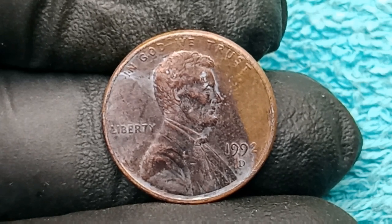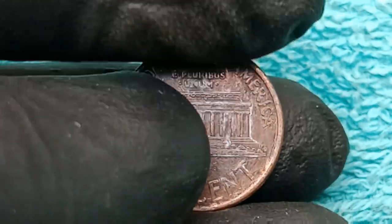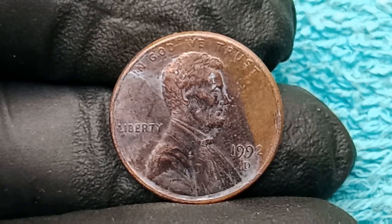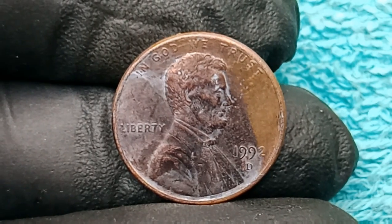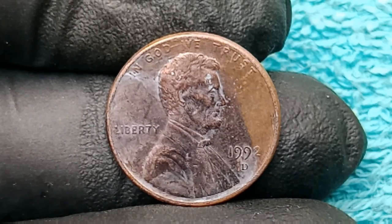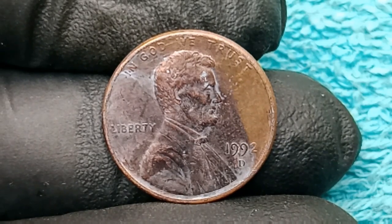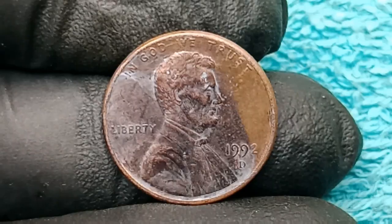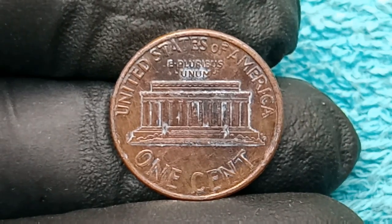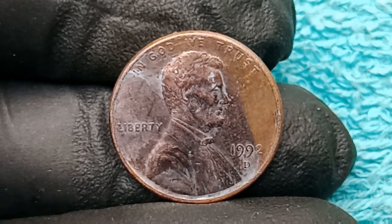processes, machinery adjustments, and die changes that sometimes led to small oversights or inconsistencies that most people would never notice but that a trained eye can recognize as a life-changing discovery. And in 1992, one of the most significant and now legendary anomalies occurred: the accidental use of a proof reverse die on certain Denver minted cents, creating what collectors call the 1992 AD close AM variety, where the normally spaced letters A and M in the word America on the reverse are nearly touching, a feature meant for proof coins but somehow ending up on circulation strikes, making those coins instantly rare and enormously valuable,